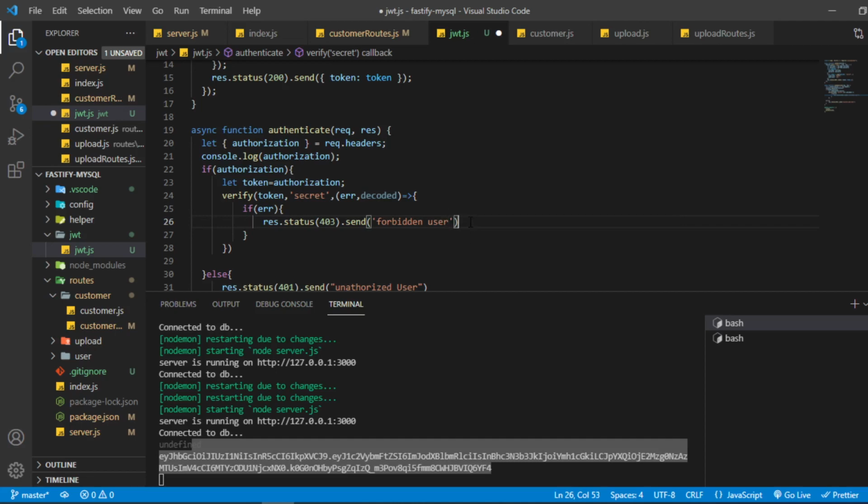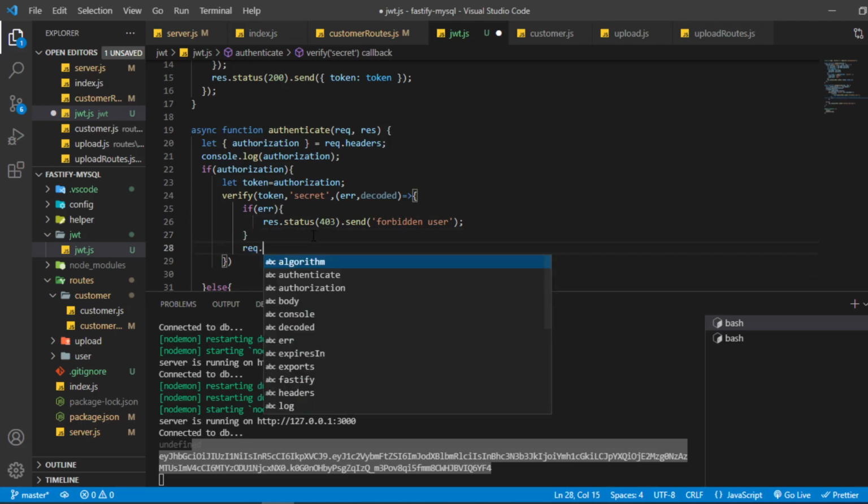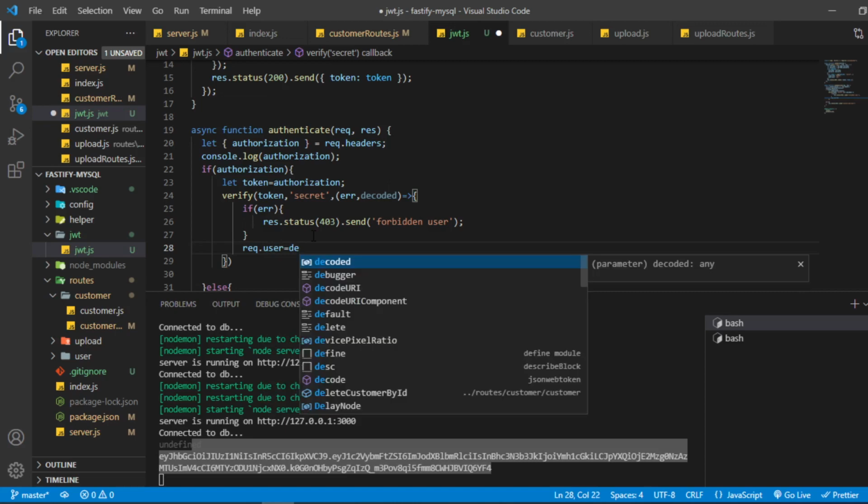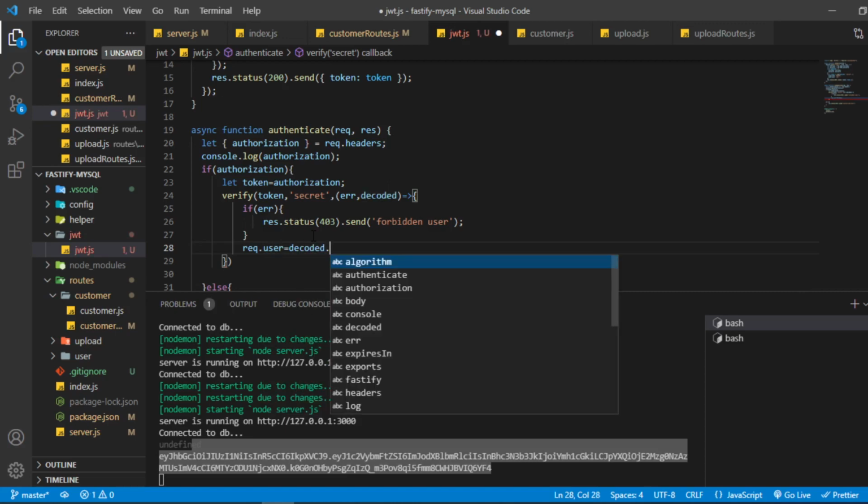And if everything goes well, then in that case we are saving the decoded user inside. We are taking out the user or the payload.